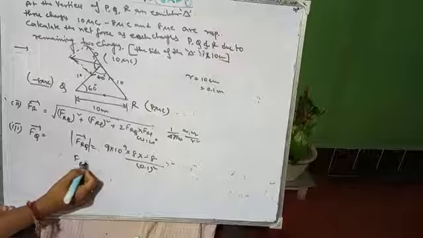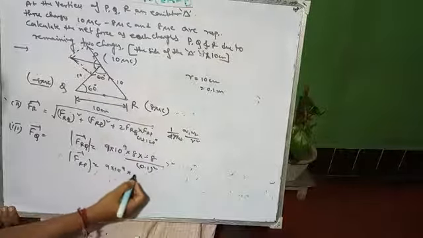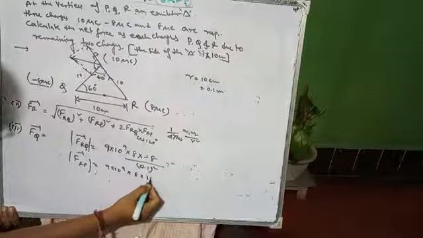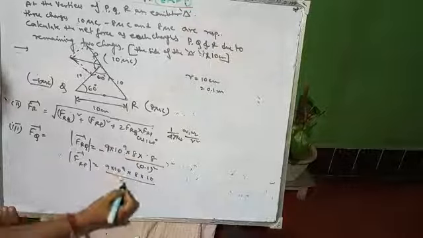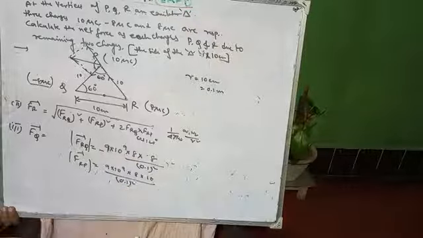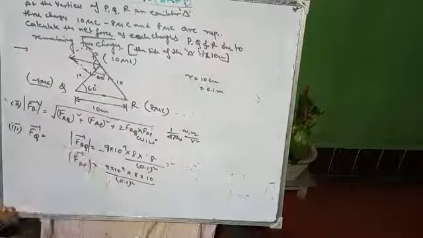And f of rp means what? F of rp means 9 into 10 to the power 9 into r means 8 and p means 10, divided by, so it will be negative, right, over here. So 0.1 whole square, okay? So now put it over here, so you can get this f of rp also, okay? So you have to find the magnitude only, okay? So net force means that you have to find the magnitude, no need to find the direction over here, okay?